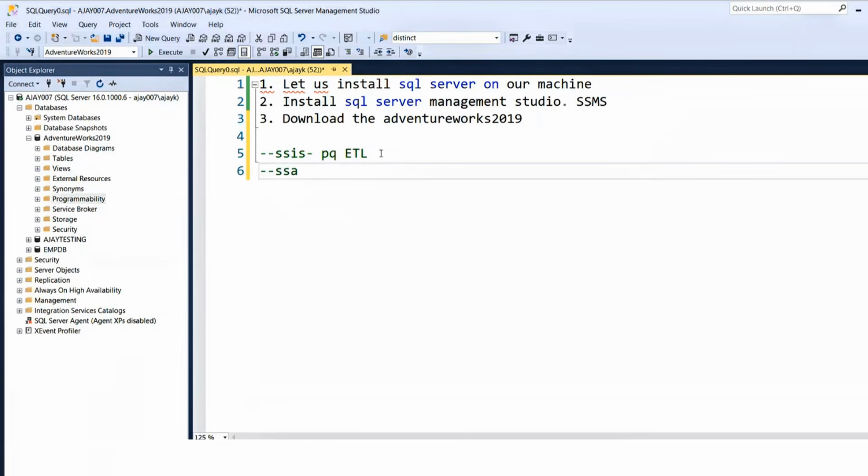Then there is SSAS, the analysis service. This is again used for dashboards. I have never seen this, to be very honest with you. Okay, SSAS. But now we have the BI also. So we can use the BI. Of course, they say these are not exactly BI and Power Query only. They can do some complex jobs as well.